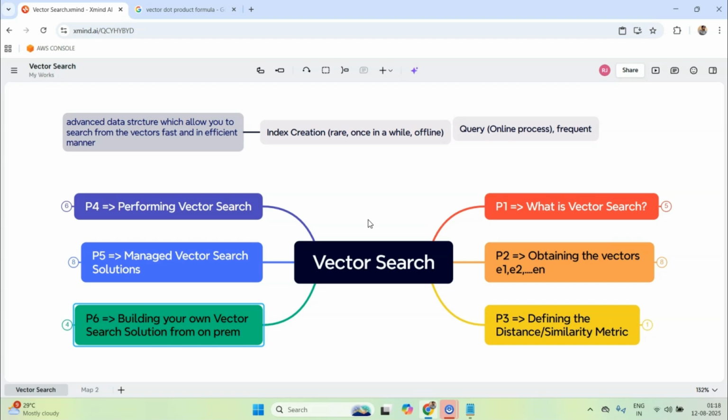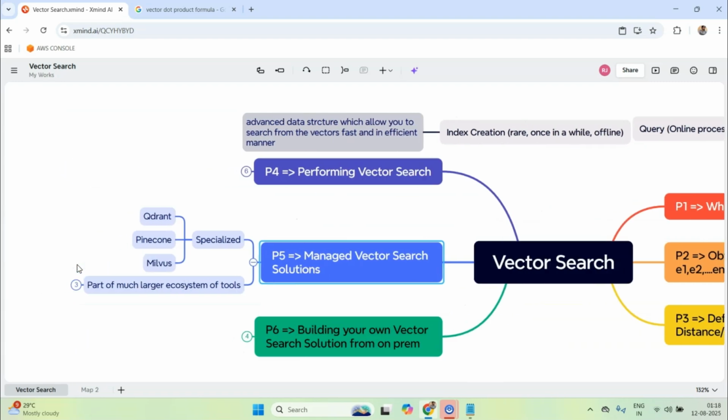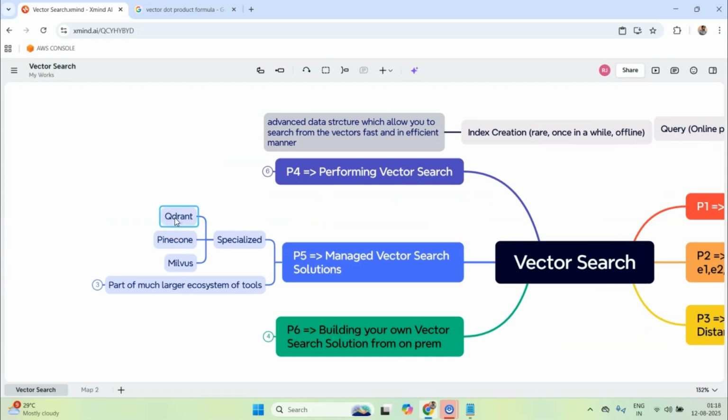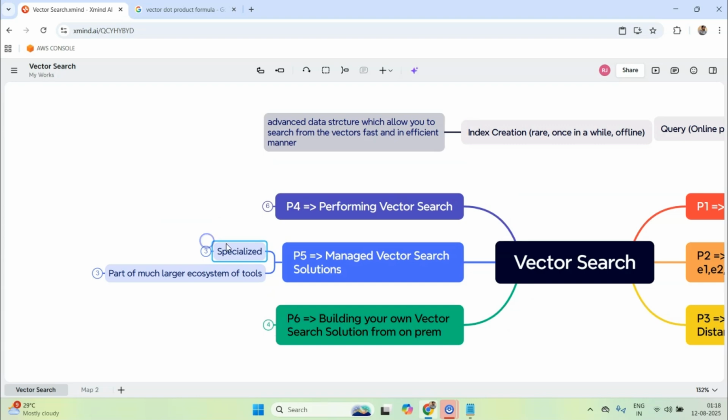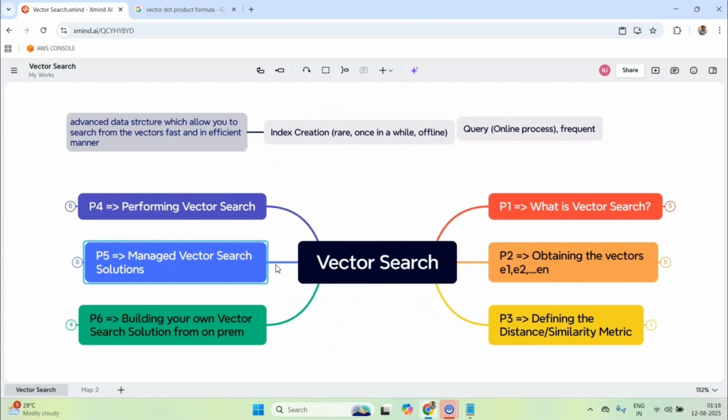Okay, so I hope this small discussion was worth your time, but let me know if you want me to cover any of this topic in much more detail, or maybe the implementation part of it. Although I have several videos on my channel which cover some part of this, so for example, I have discussed implementing and doing vector search on Qdrant in much detail in one of my videos. And what I wanted to do in this video was to just talk about this high level vector search problem, and talk about some of the underlying problems that people and organizations face.